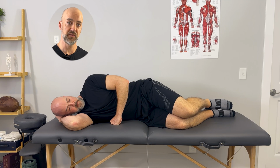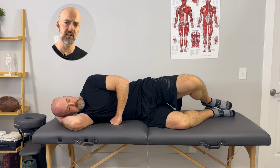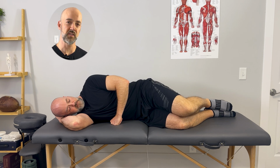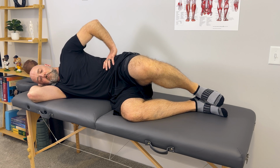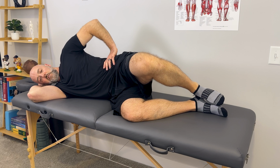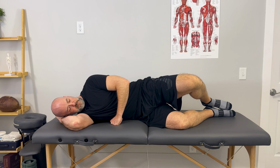In the sidelying position, lying on your side, you're going to have your knees bent up to about 90 degrees. You're going to keep your feet together. Hip is going to be rolled forward slightly, that top hip. You're going to lift your knee up towards the ceiling, slow and controlled, pausing at the top, and then come back down. Start with 10 reps, 2 to 3 sets,